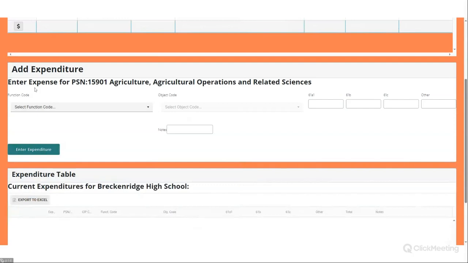The first thing that we need to do, once we have the program that we want to enter expenditures for manually, is select the function code. So again, an example of a function code might be 127 CTE instruction. For this one, I'm going to use